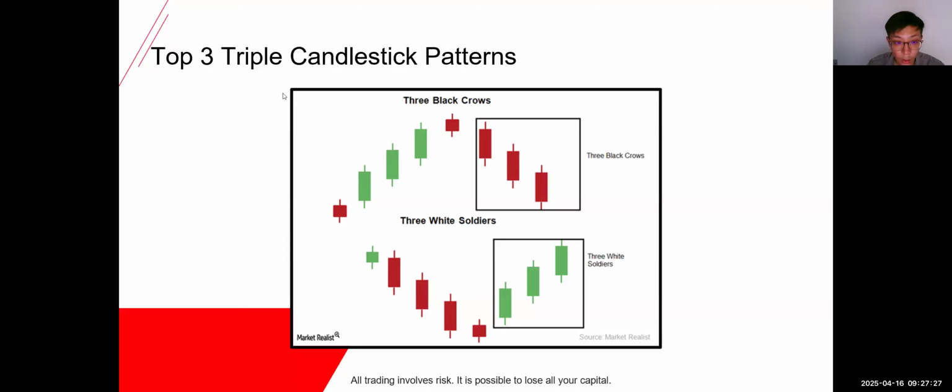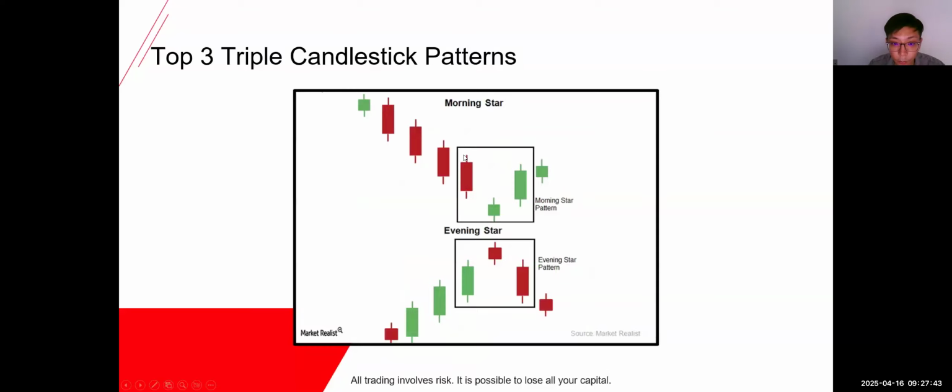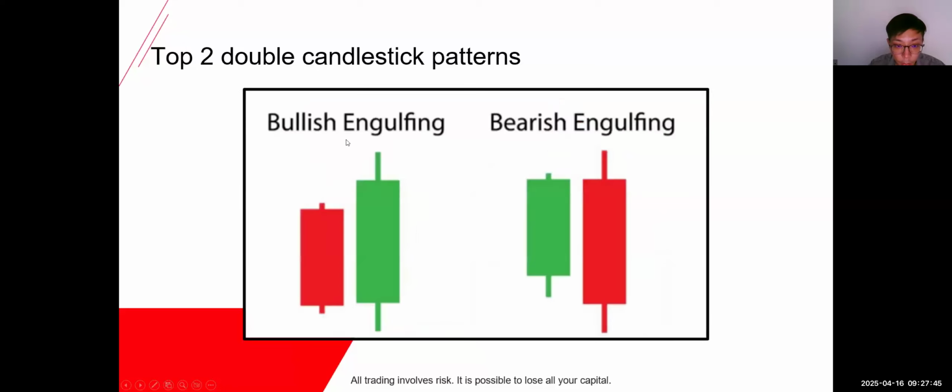This one. Just remember, if you guys need to take a screenshot or something like that, please do, because this is the one that I use. Remember, this is the first one, together with this. These two are the only two that I use all the way. I don't use any other patterns, only these two. If you guys want to use these two, I think it's the best option.